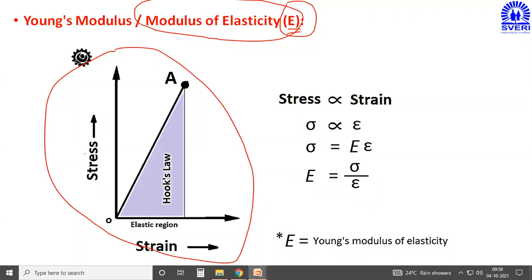Therefore, you can see here one graph is there. On the x-axis, strain is represented. On the y-axis, the stress is represented. Then this point A will be considered as the elastic limit point. What is meant by the elastic limit point? If I apply some amount of force on the material, then what happens? Elongation is taking place. Okay. If I release that particular force, the body regains its original position. But this is possible up to the elastic limit point.